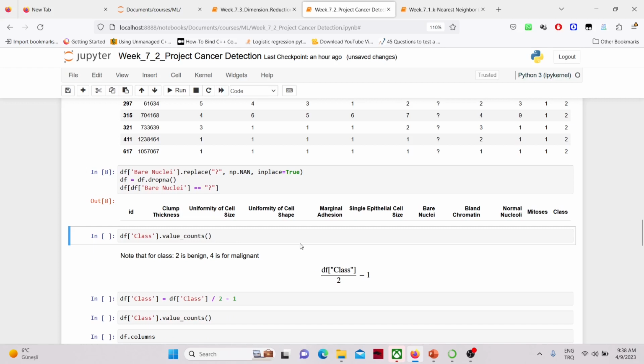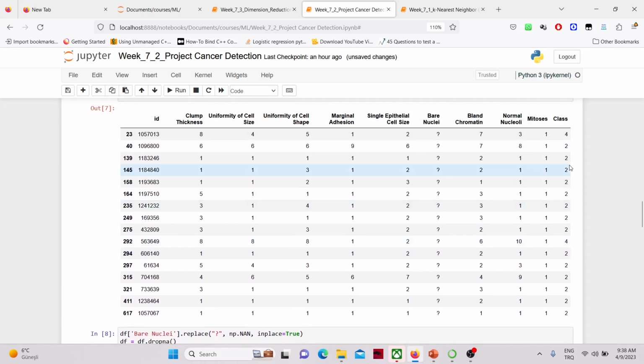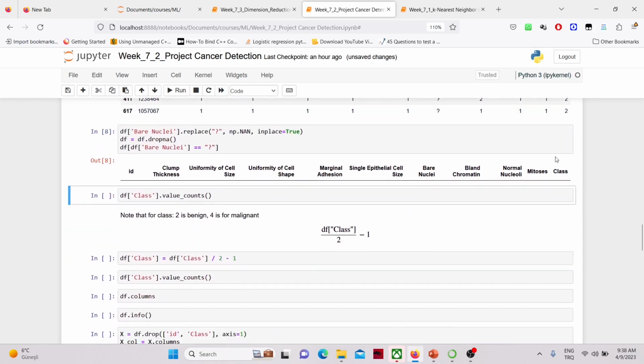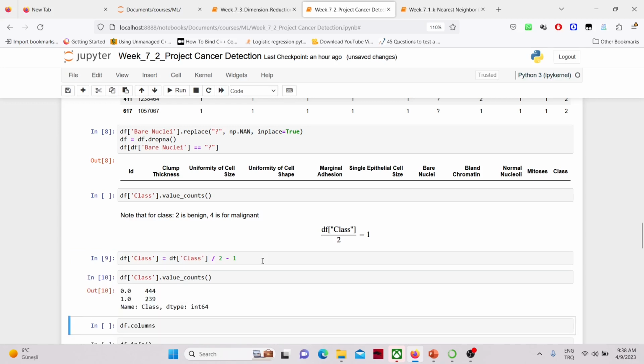So we have the class variable as 1 and 2. We would like to have them as 0 and 1. So this is 4, this is 2 basically, and we would like to get them as 1 and 2. And if we just divide the class by 2 and subtract 1, what we will get is 1 and 0 for our